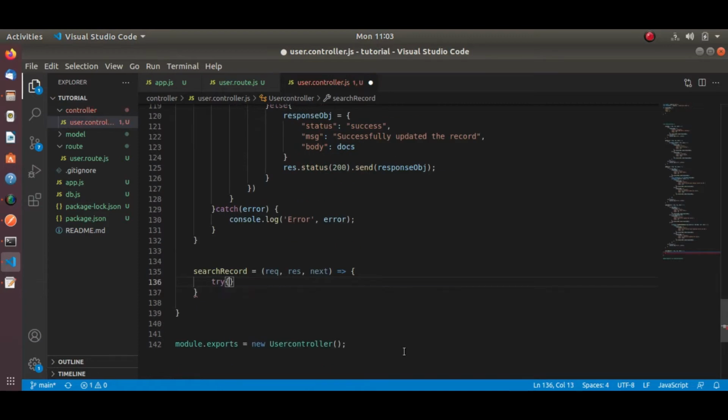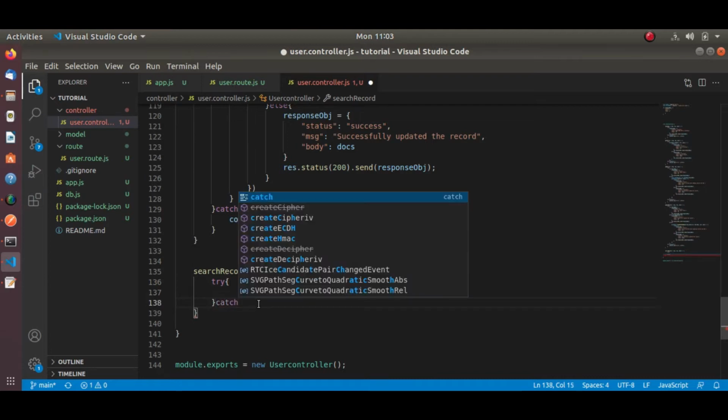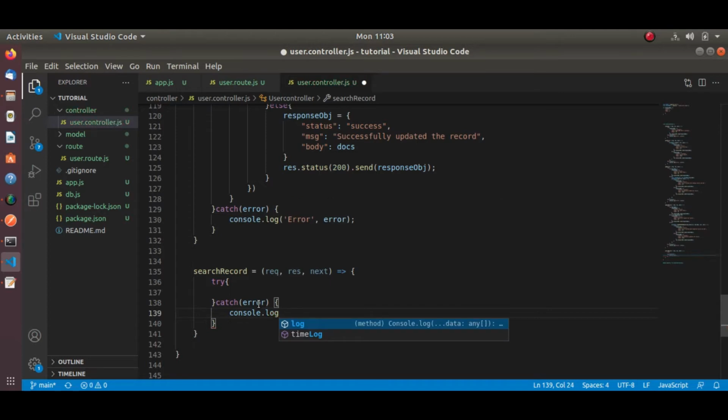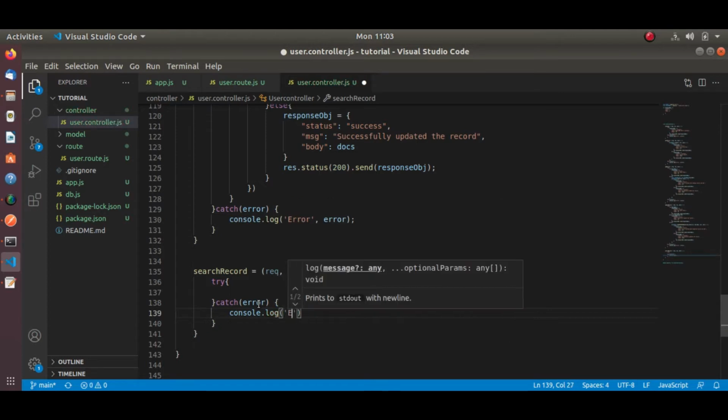Let me write here the try catch block for error handling. Let me print the error message.